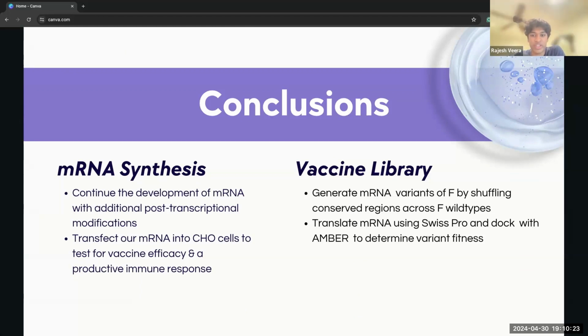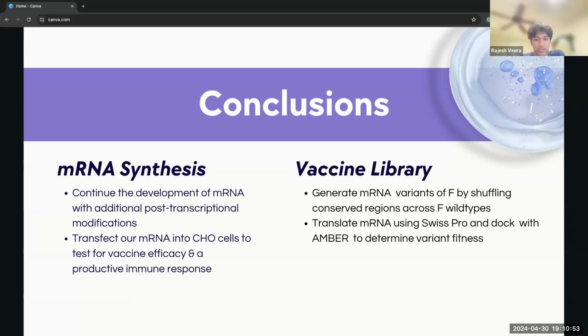We're going to revisit the ligation process with a new restriction enzyme called SacI, which we confirmed has only one cutting site, so our linearization will be successful. And then we'll also fine-tune parameters such as vector and DNA insert concentration, as well as the reaction temperature to increase its success. Future work for the mRNA synthesis would be that once transcription is completed to RNA, we